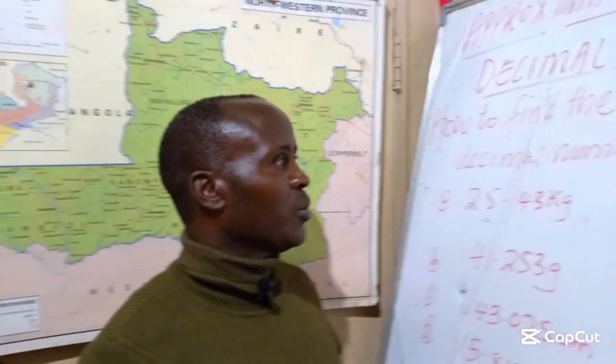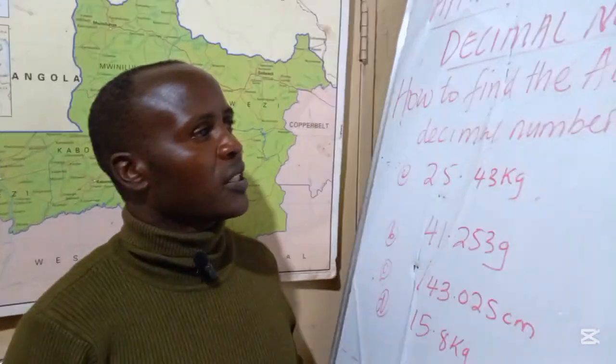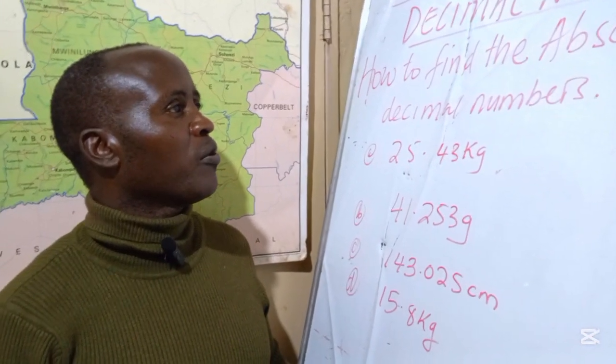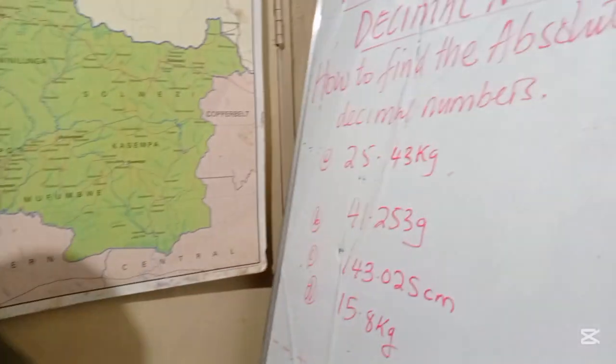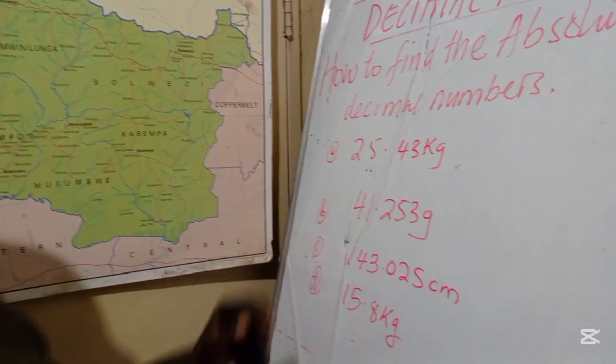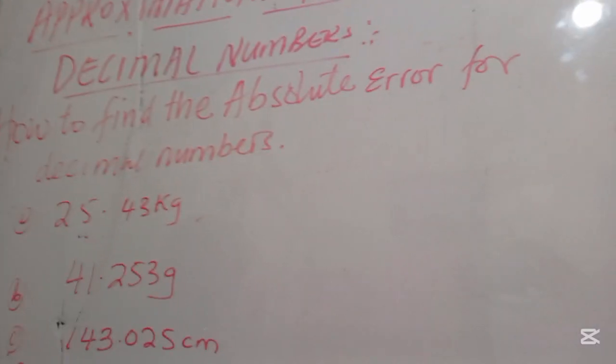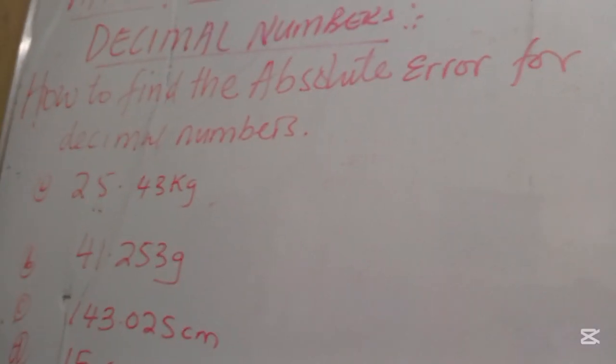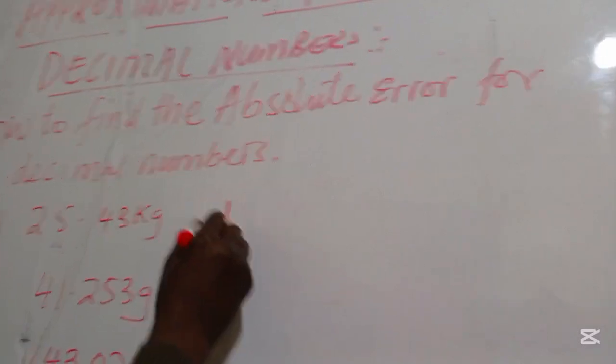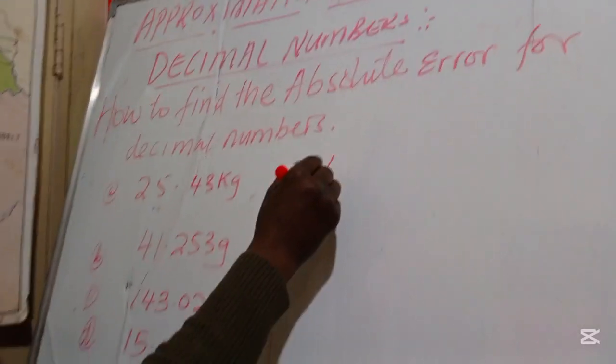Fellow viewers, we continue. Now we are going to go to the next stage where we are looking at how to find the absolute error for decimal numbers. How do we find the absolute error for decimal numbers? I've told you how we find the absolute error generally. We say absolute error,